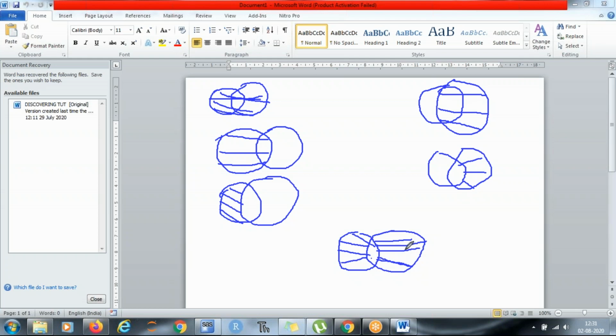This is outer join, and one join is inner join. This is inner join.